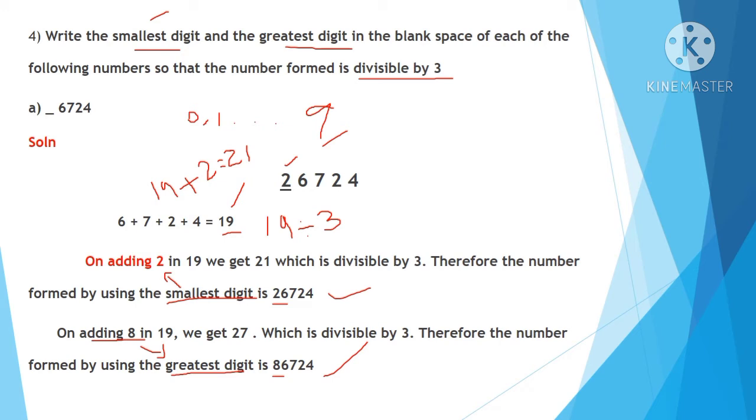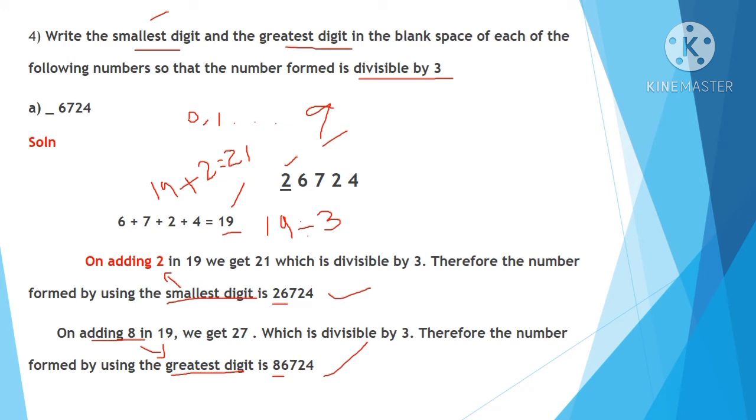We want to check from the smallest digit, meaning we check first 0, next 1, 2, like that. When we check for the greatest digit, we start from 9, and if it is not possible then 8, 7, like that. And how do we check it? When we add the digits, we get one answer, then we add the smallest digit to that answer, and again we get one answer after adding. That answer should be divisible by 3 or not.